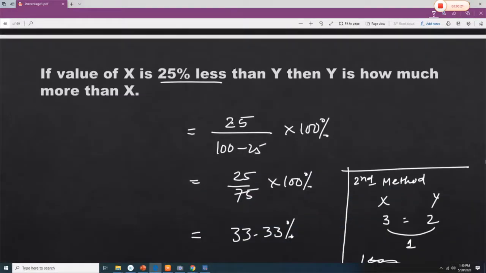If X is 25% less than Y, then Y is how much more than X? So 25% less. So 25 over 100 minus 25, into 100%. So 25 over 75, 33.33%. Now, second method, if X is 25% less than Y,